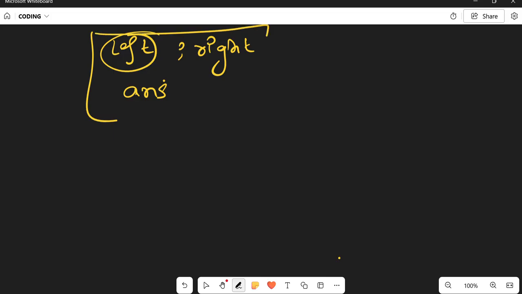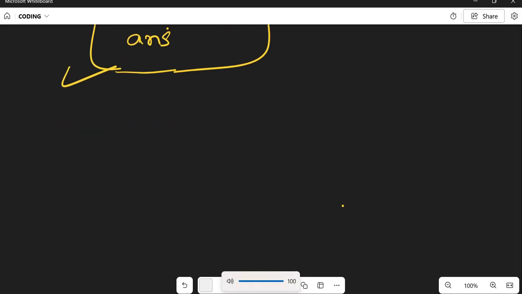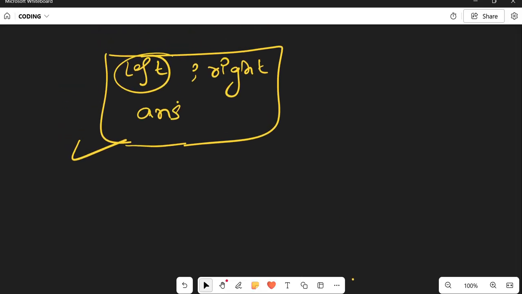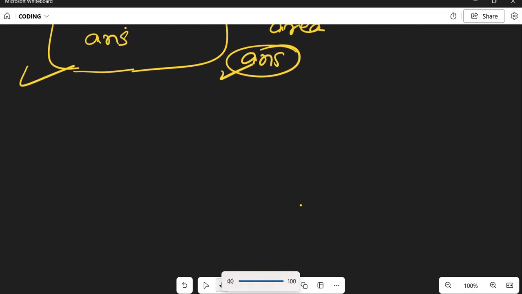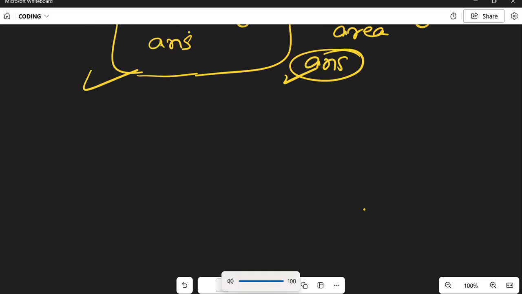These three variables we are going to take. Or in place of left and right we can take width and height, because we have to find the area, no? And area we have to find, and ans is where we will store all the answers. Okay,